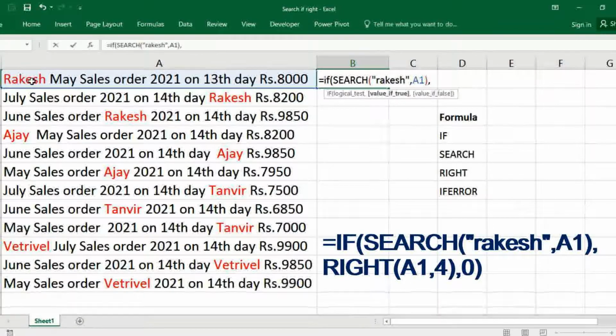We want sales amount. For that, simply write again you put text A1. We want 4 numbers. If it is 5 digits, you put 5 digits, bracket close. For closing if, just comma 0, bracket close, enter.